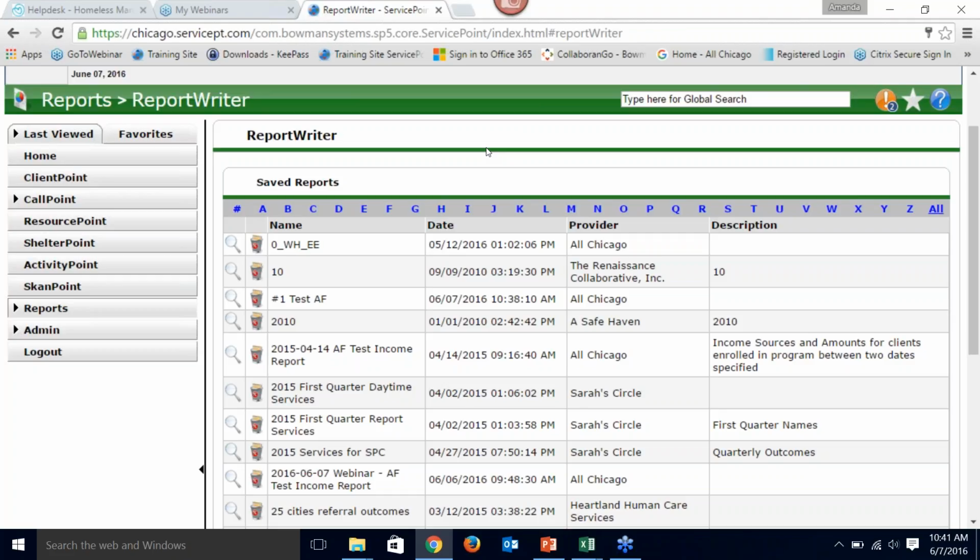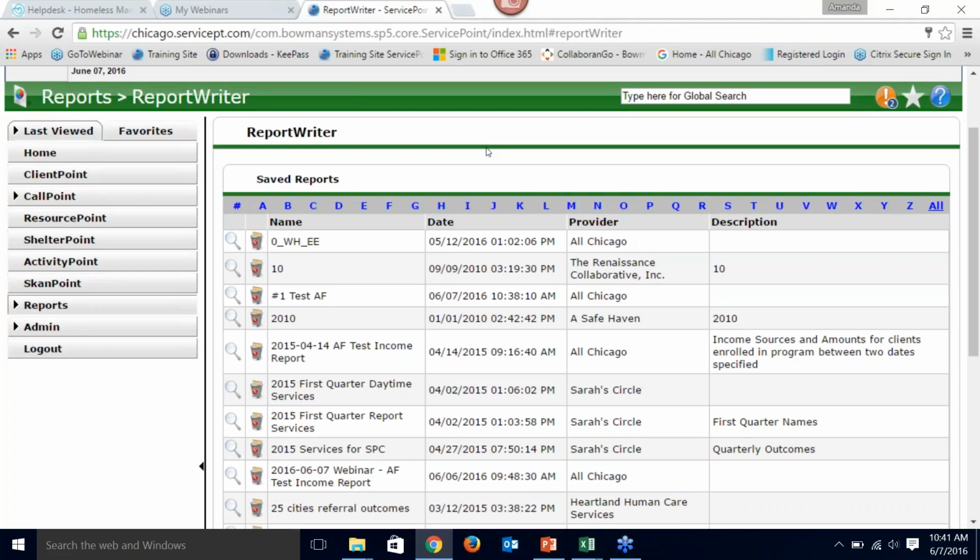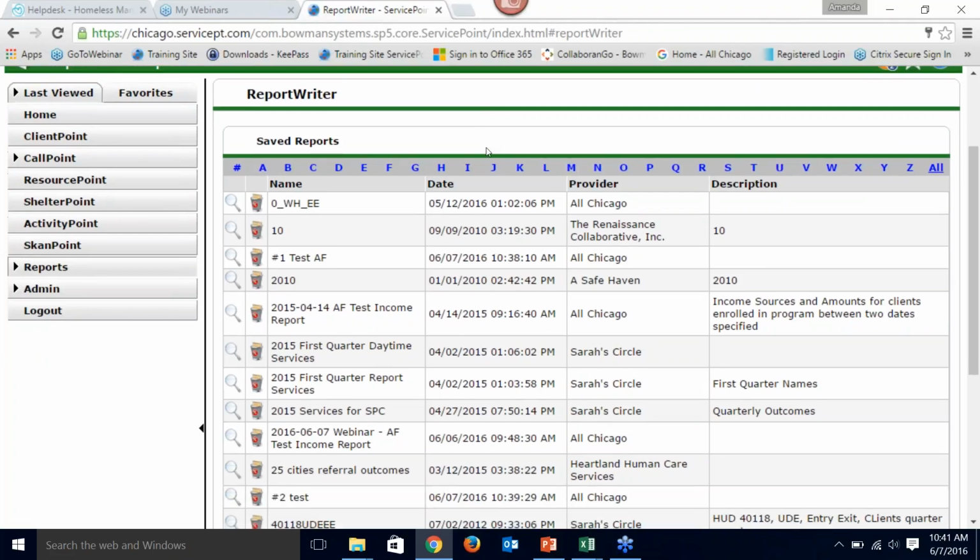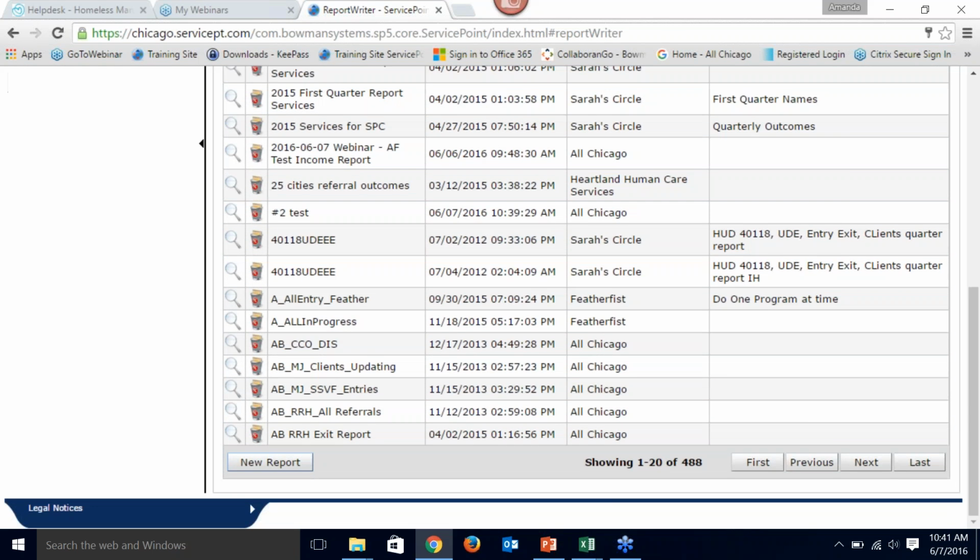And what you're going to quickly see here is that we cannot do calculations in ReportWriter. We cannot calculate how long someone stayed, but what we can get is their entry date and their exit date, and then we can use Excel to calculate what the time is between those dates. So if I start a new report,